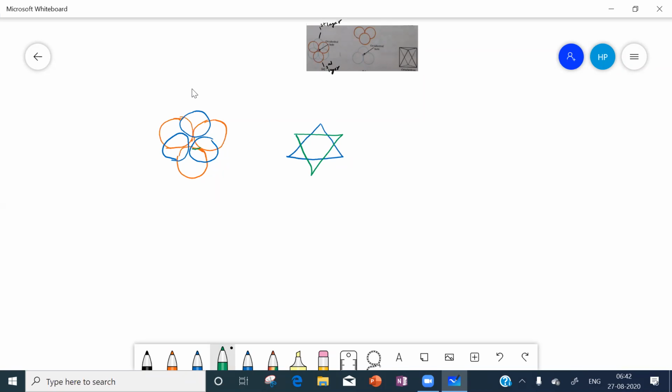Remaining 6 triangles, shall we see? Now you see. This is one triangle. Join these two, you will get the next triangle. Second triangle.